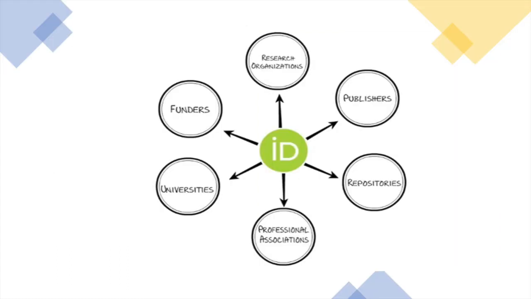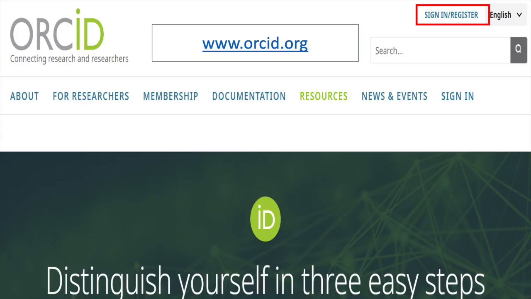Imagine it as a digital card for all your research achievements. This profile is like your scholarly DNA, connecting you to every research paper, publication, and project you've ever been a part of. To create an ORCiD ID, go to